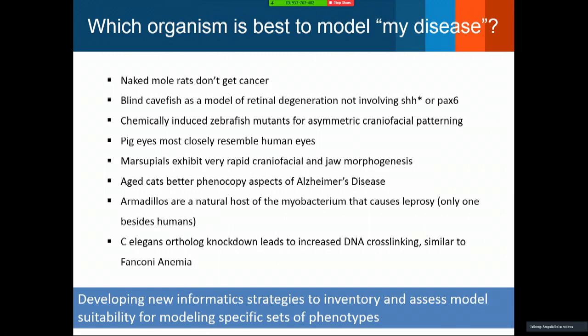We have an example here for C. elegans. The C. elegans ortholog knockdown leads to increased DNA cross-linking, which is probably one of the best models for that part of the phenotype for Fanconi anemia. So there are many, many examples where we have fundamental phenotypic similarity for individual phenotypic elements in a human disease in what are thought of as non-traditional model species. So now we're trying to develop new informatics strategies to help inventory and assess the model suitability for